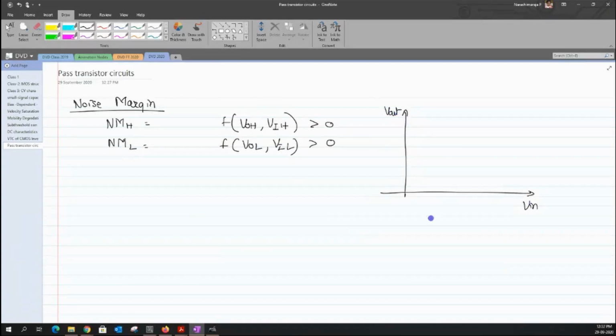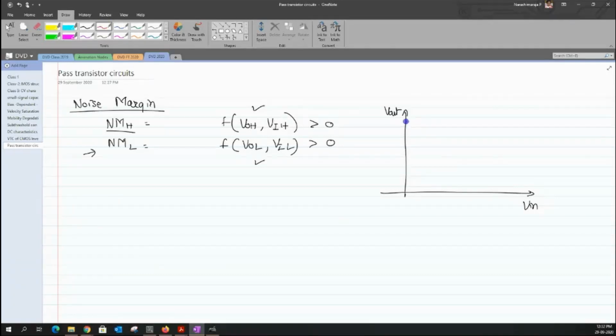Now, one question. If noise margin is asked and they do not specify NMH or NML, and you are getting different values, what do you do in such cases? Maybe we will do one particular problem based on it, wherein these quantities need not be the same. You might have a better noise margin for the high and maybe a worse case for the low. Sometimes these values may be equal, but most of the time they may be different from each other. So we need to identify them based on the formulas that I'm going to write down. Hope that it is clear.